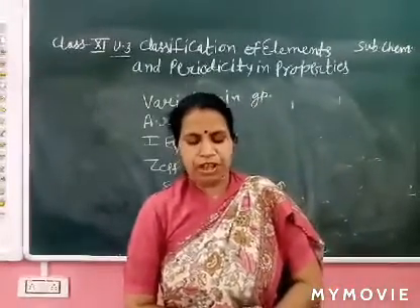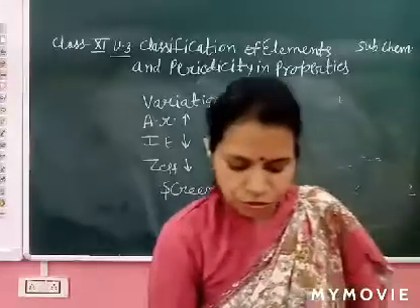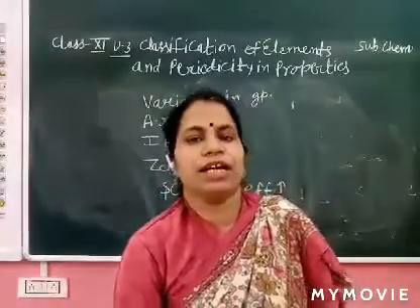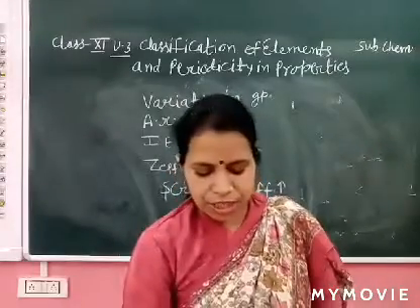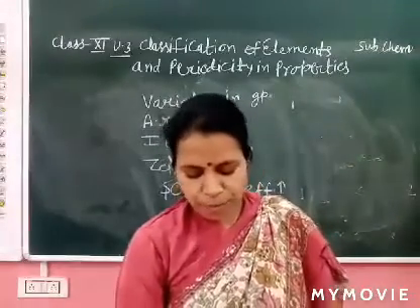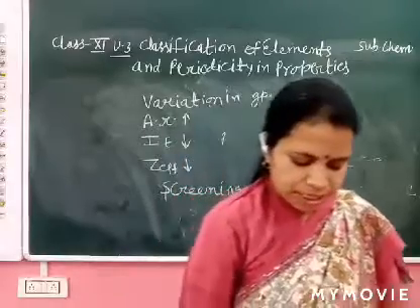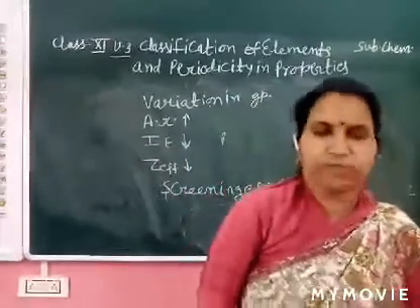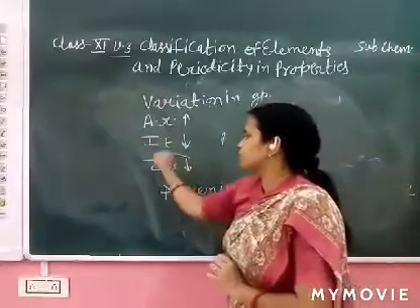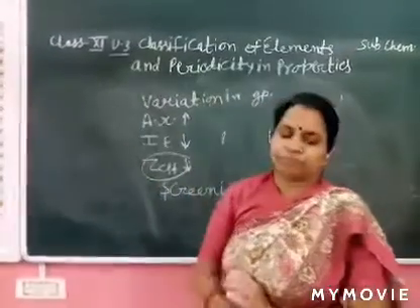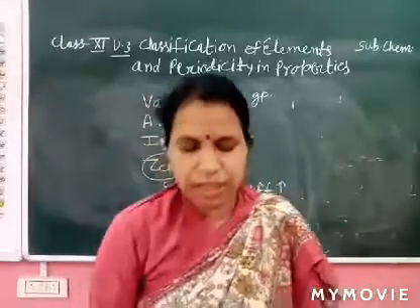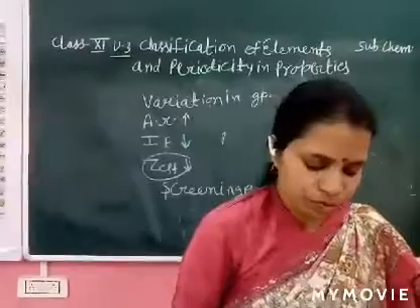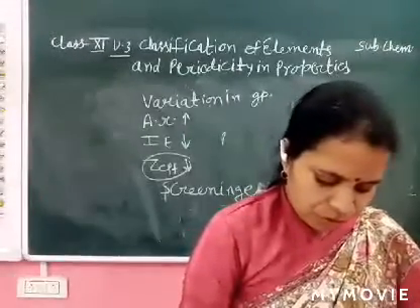So what happens in a group? Ionization enthalpy is decreased due to the increase in atomic size, the increase in the number of energy shells, and the increase in the shielding effect. This combined effect of the increase in atomic size and shielding effect more than compensates the effect of the increase in nuclear charge. The valence electron becomes less and less firmly held by the nucleus and is easily removed. This is the reason. Now clear, all of you?